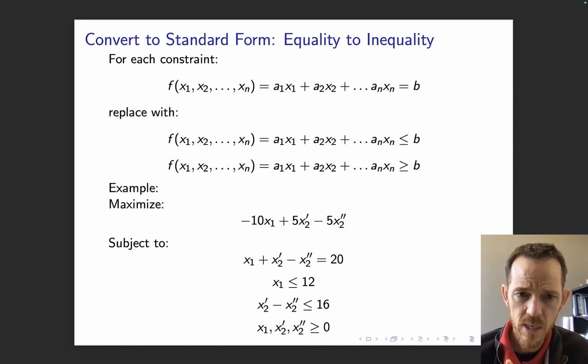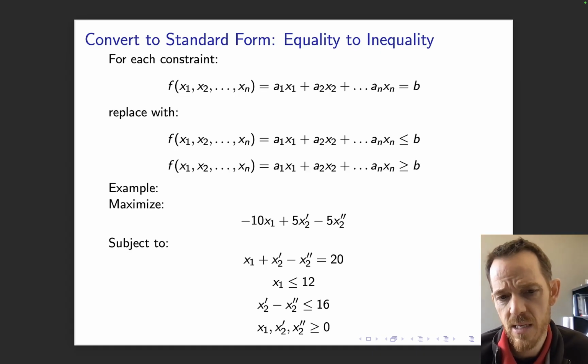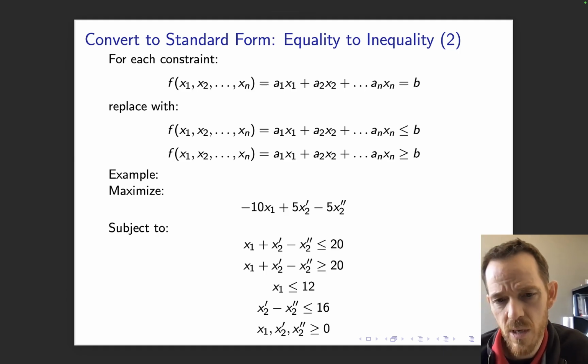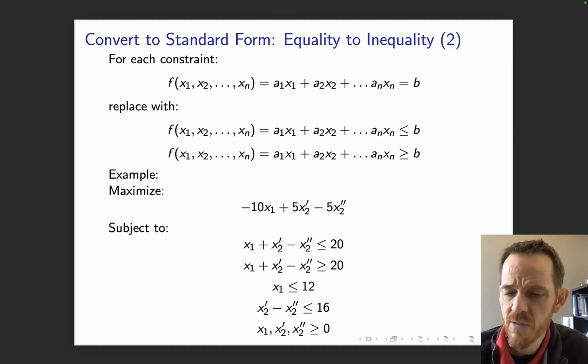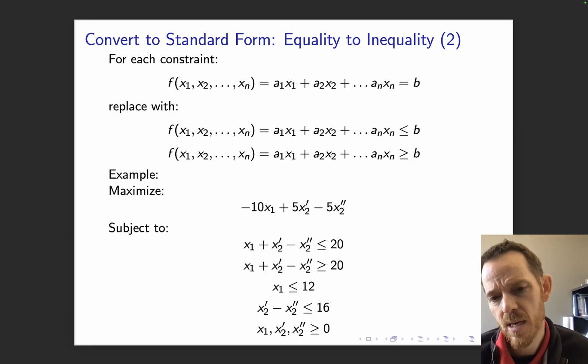So we can do this. Here we have x sub 1 plus x prime sub 2 minus x double prime sub 2 equals 20. We need to replace that with two equations. And so we haven't changed the constraints here. We've only expanded them, but in reality, the only way both of those equations could work is if they're equal